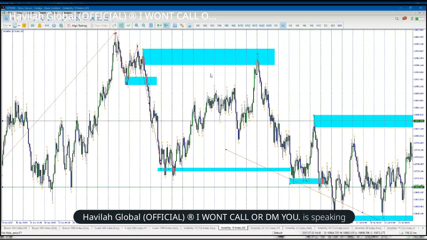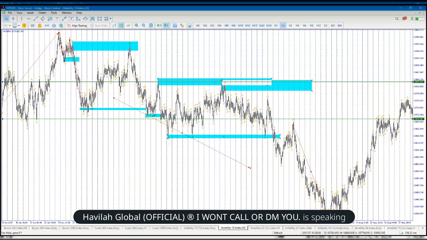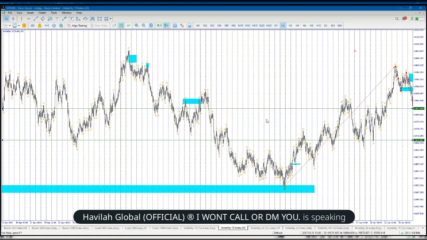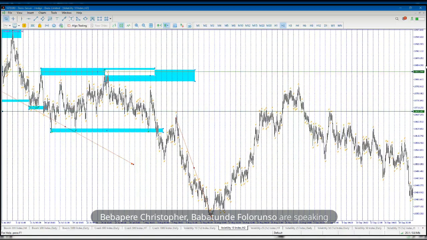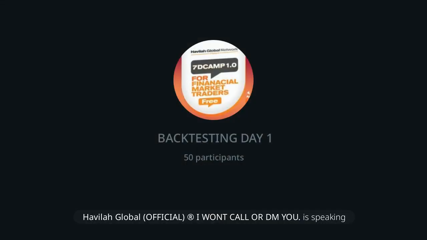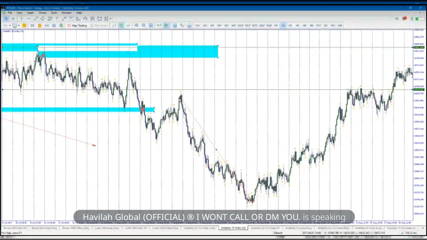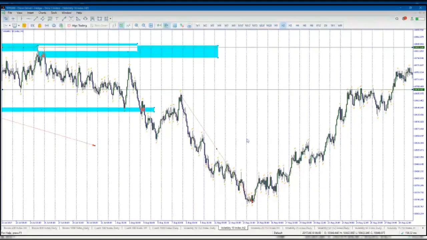Now, is it possible to catch all these moves in the market? Based on what we've been backtesting so far, is it possible to catch all moves in the market? No, it's not possible. So if you miss out on any move, should you kill yourself? You shouldn't. If price doesn't fill you in, go and do another thing, look at what price wants to do, and set your limits when you see price coming back to your point of interest. It's as easy as that.